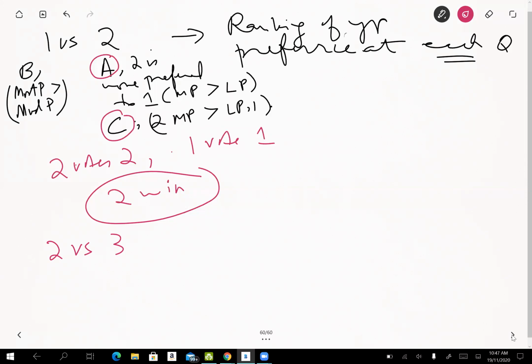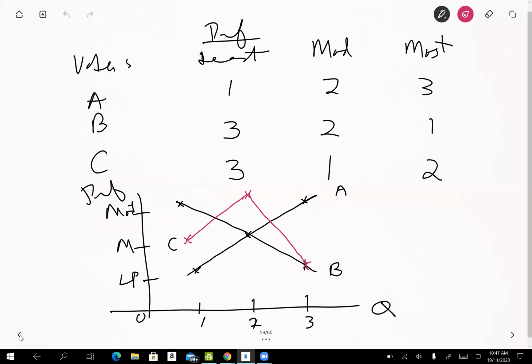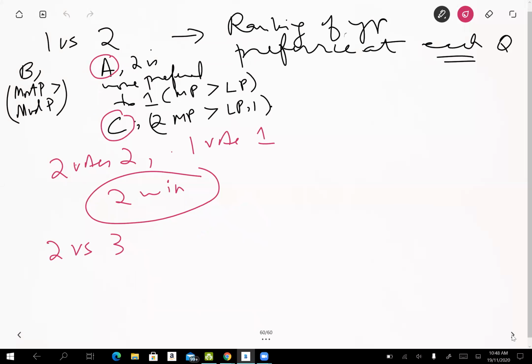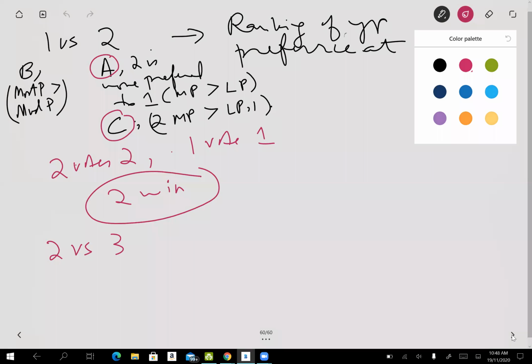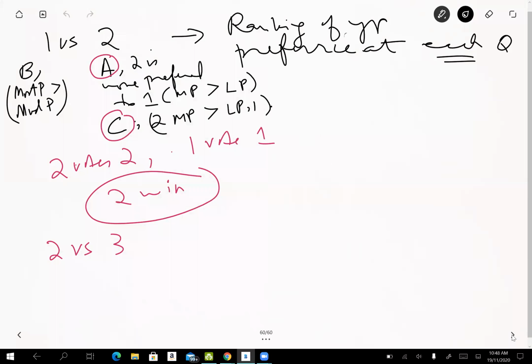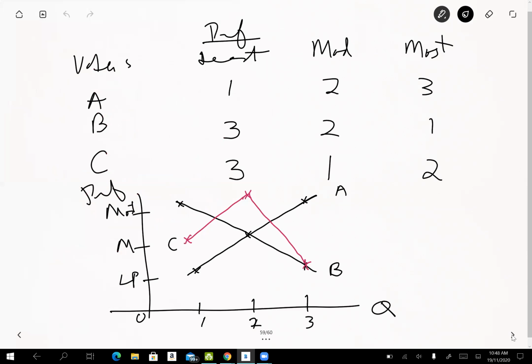Yeah, we do 2 versus 3. Okay. Now if you do 2 versus 3, what will happen? Okay, I want you to do the voting. 2 votes against 3. Now, who chooses 2 and who chooses 3? Okay, go ahead, finish it up. A will choose 3, and B and C will choose 2. Is that right? So if you look at 2 against 3,